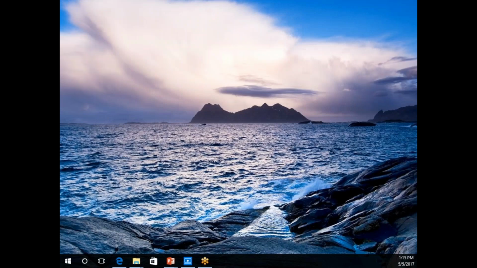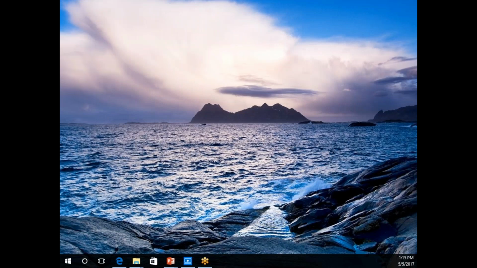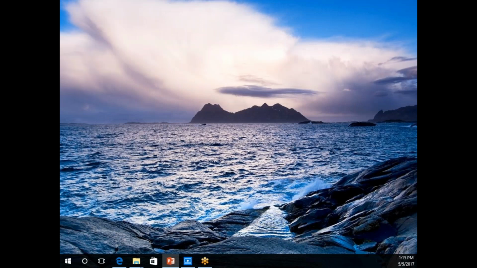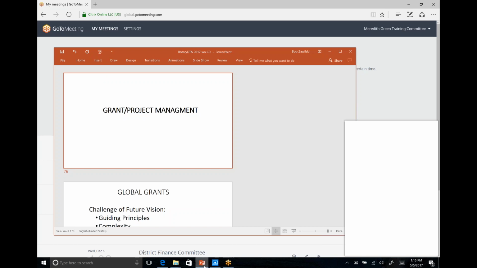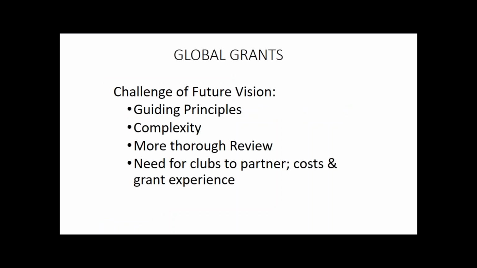Sorry for the technical challenges here, but we'll try and get it sorted out. Oh, now we have a lovely picture of a storm. We'll go to the next slide. I can just work from here then. I'll work from here and do it manually because we don't want to be wasting a lot of time.